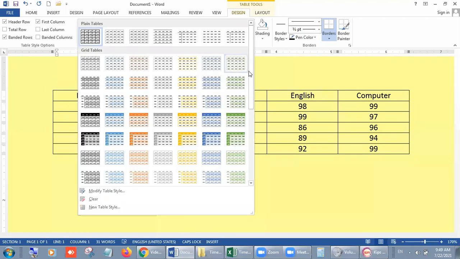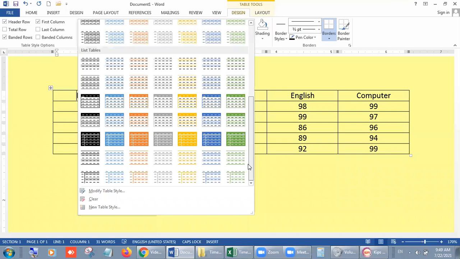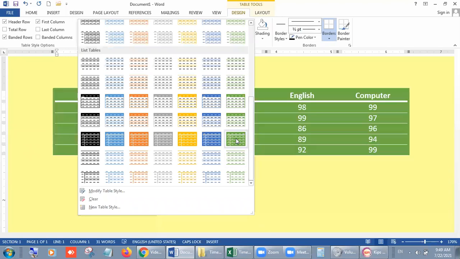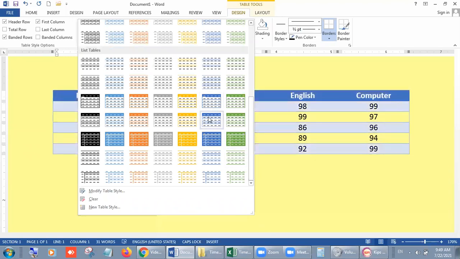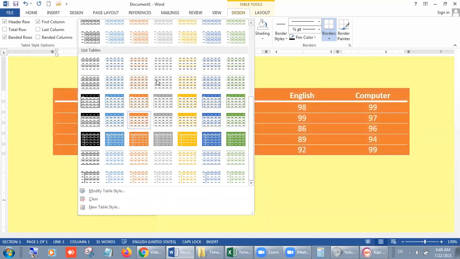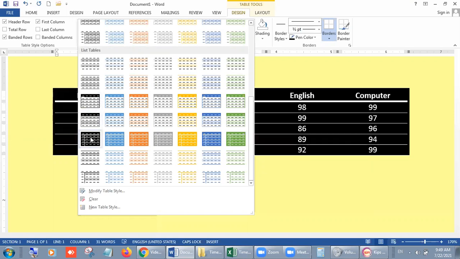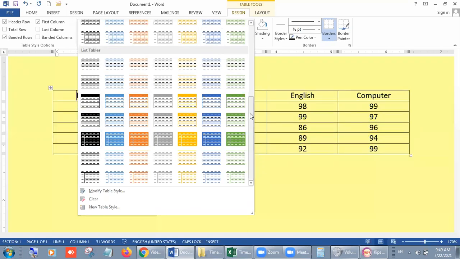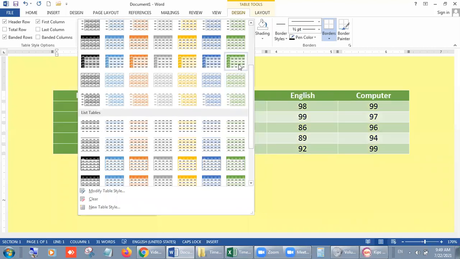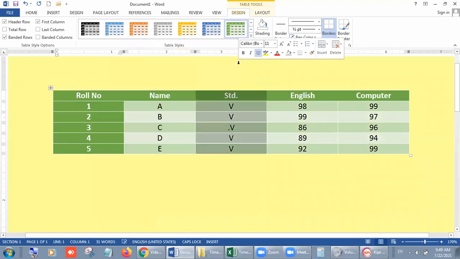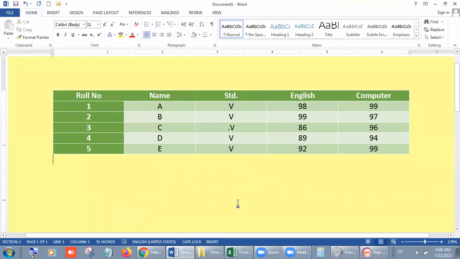Then it will show you more options, and just try whatever you want to apply. It is quite easy. I hope you are getting me clearly. Suppose I like this design and click on it, the design will automatically apply on the table. Right students, let's move on.